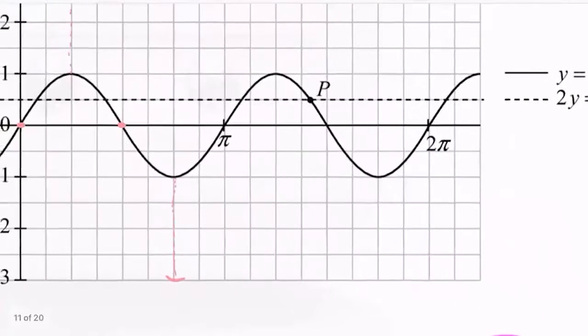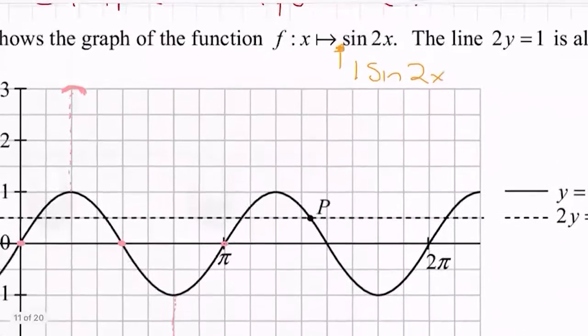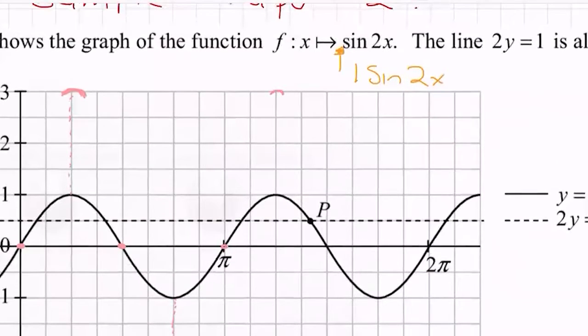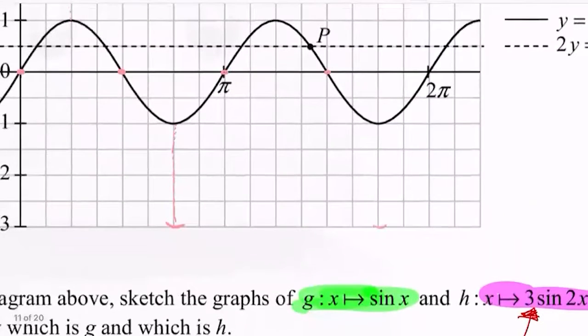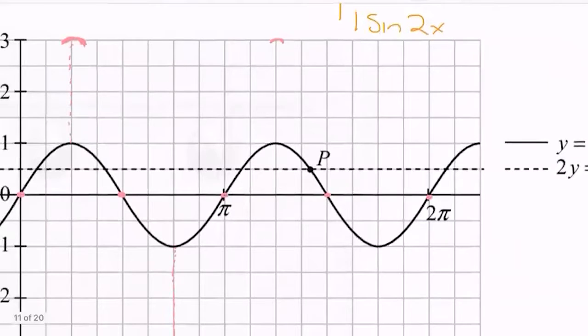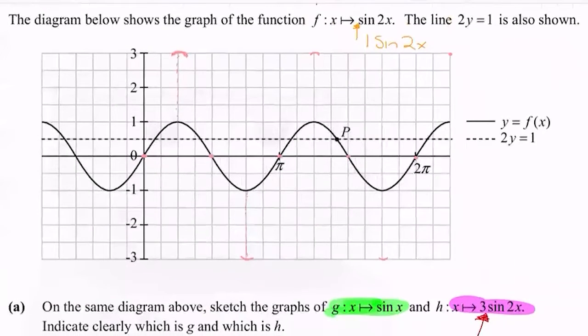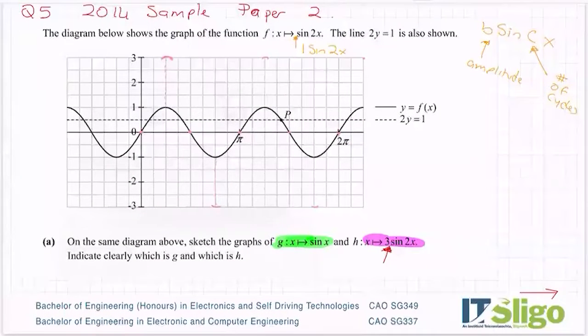And it'll cross here. This one will go up to 3. It'll cross here. It'll go down to here. It'll cross here. And it'll go up to here. So when you're drawing a wave, you need the peaks, the troughs, and what's called the zero crossings. And then as best you can, you keep your hand as smooth as you can and just hit off